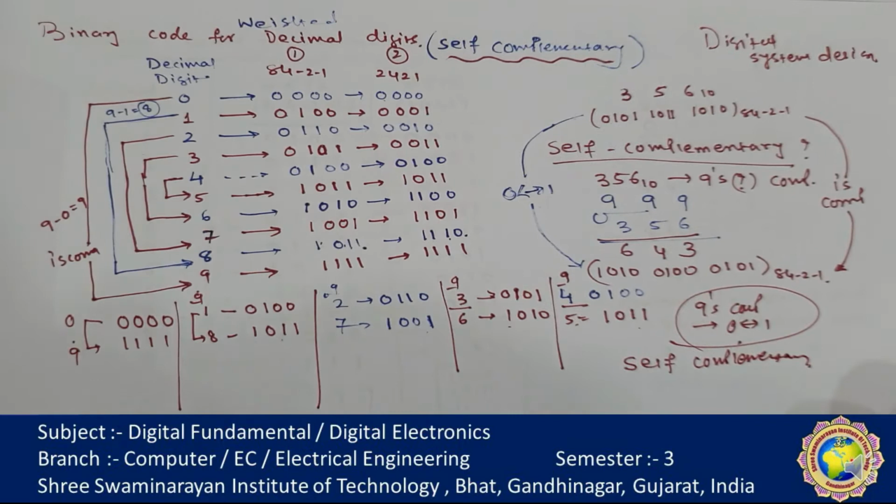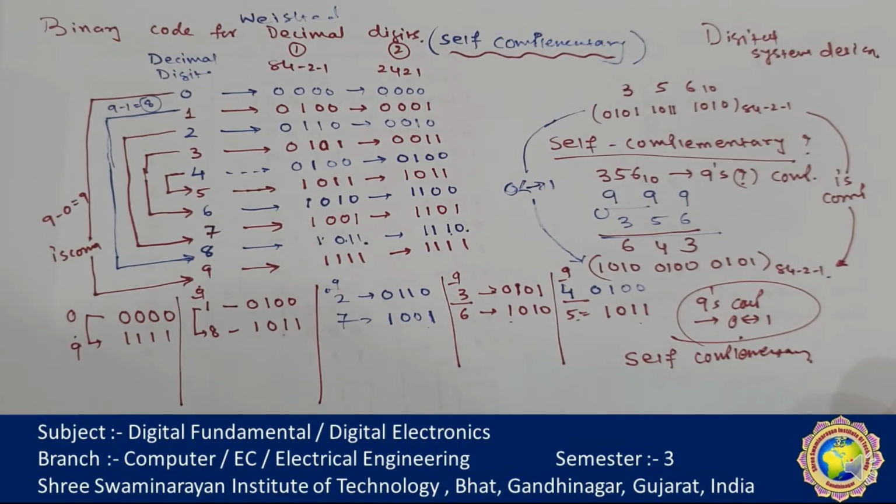But the characteristic of this is not common, as in BCD. The same is not applicable to BCD. Remember that. So the 9's complement of the decimal number is easily obtained by simply changing 0 to 1 and 1 to 0, which is shown in this example.